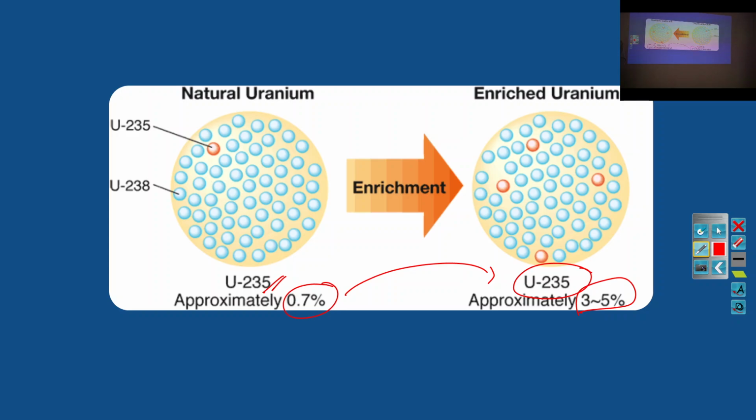So how they enrich it is through a process called centrifugal separation. We don't have to worry about what exactly the process is, but the process is centrifugal separation. So what is centrifugal? Centrifugal force acts away from the center. What acts towards the center we call centripetal. Centrifugal means acts away from the center. So here we are going to use the centrifugal separation so that a higher concentration of uranium 235 will come in the center and that can be used in the nuclear reactors so that it will directly undergo nuclear fission. So that is enrichment of uranium.